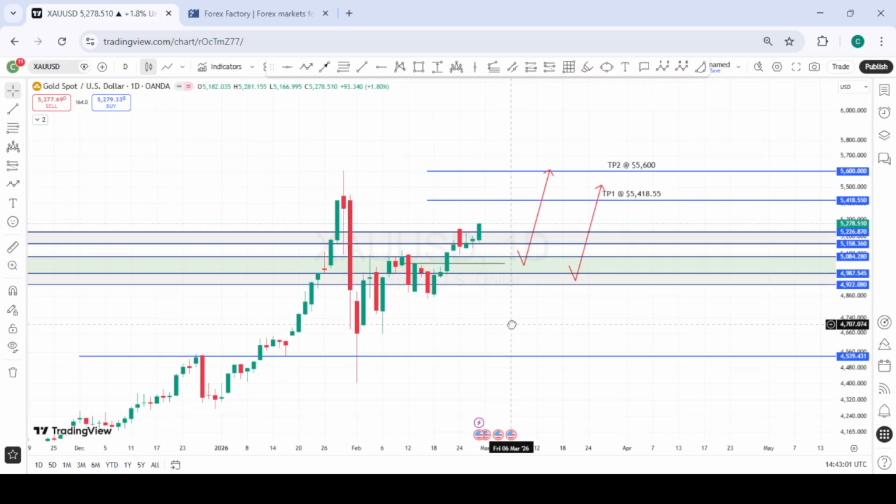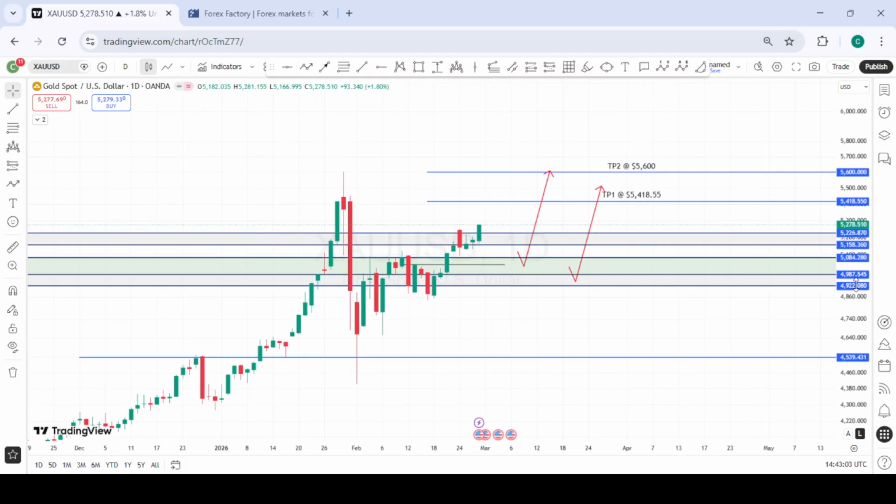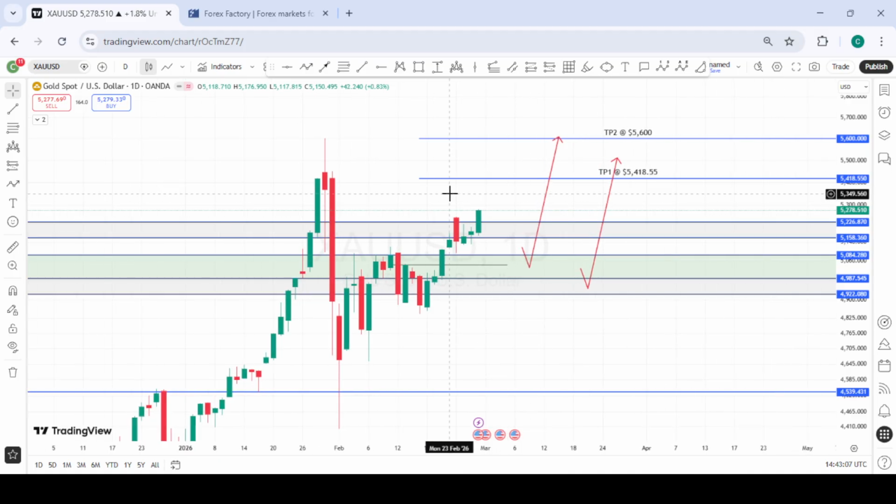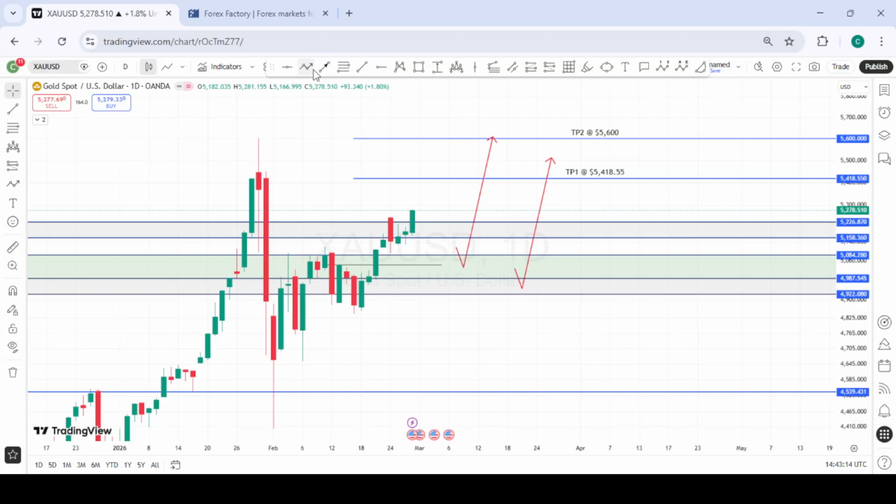This is gold, and looking at the tensions we have around the globe, we might have a market gap when price opens next week. But if we don't get that gap and price is able to pull back to retest this zone, we will likely look for buying opportunities from this very first zone, and we'll take our buys to the previous ATH,